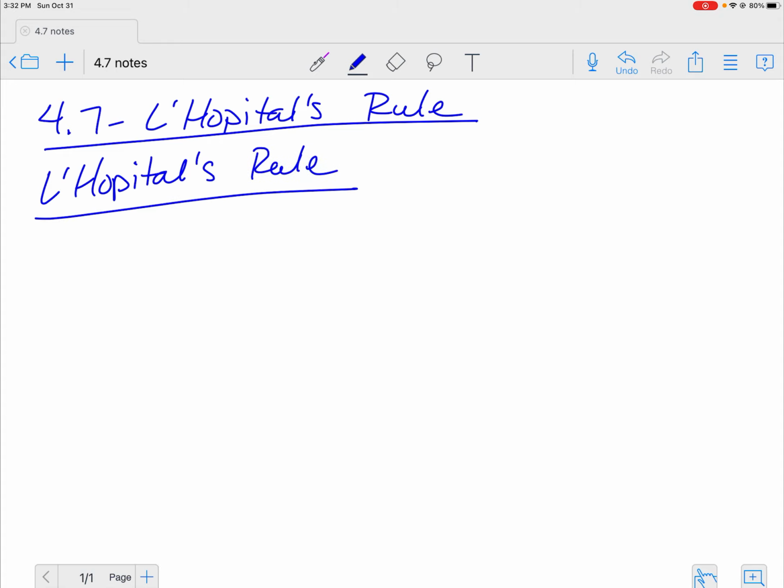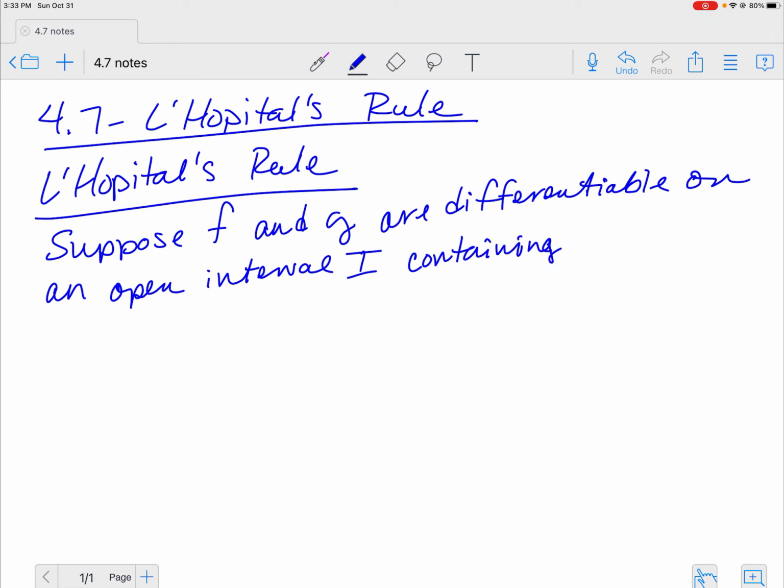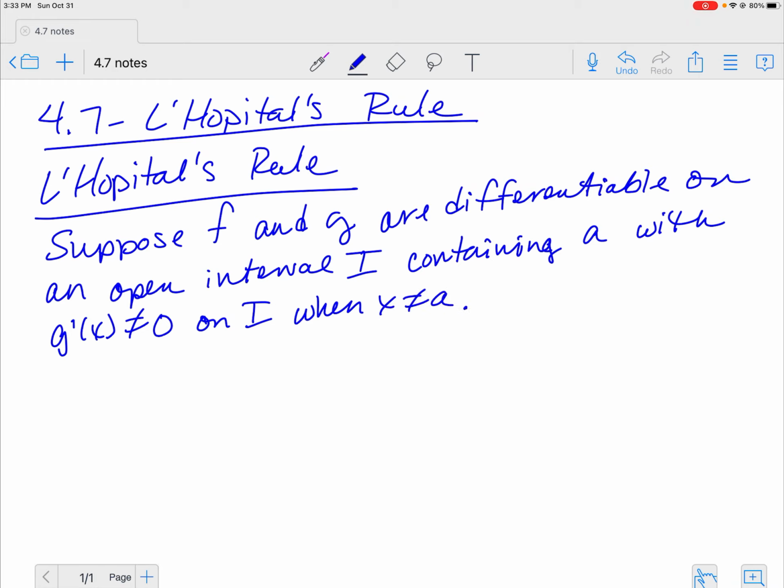L'Hopital's rule. Suppose that f and g are differentiable on an open interval I containing a, so we've got lots of variables here, with g prime of x not equal to 0 on that same interval I when x does not equal a. Now, if the limit as x approaches a,